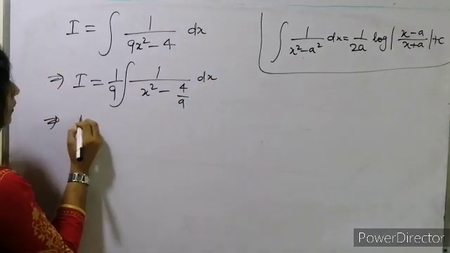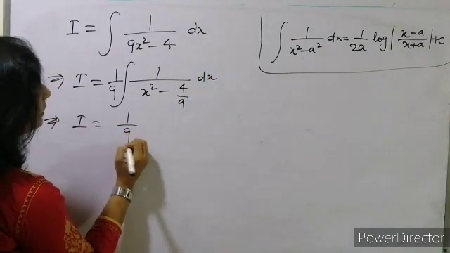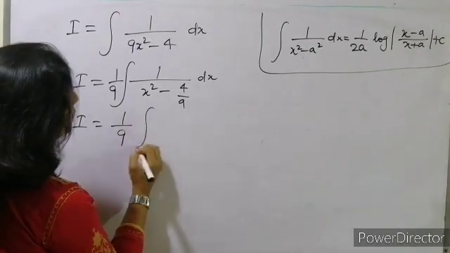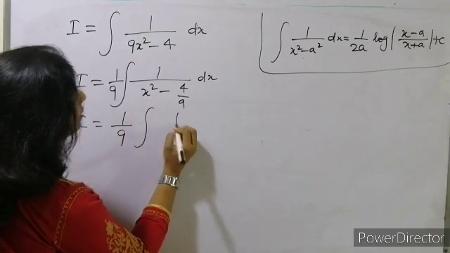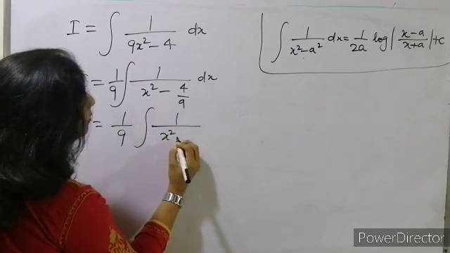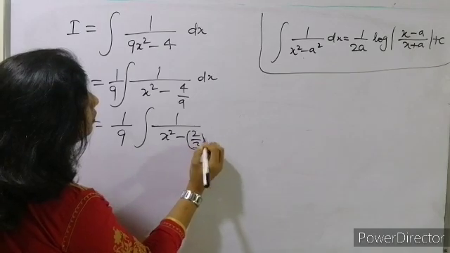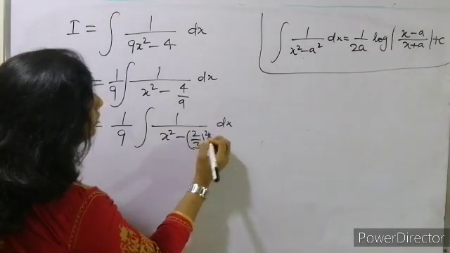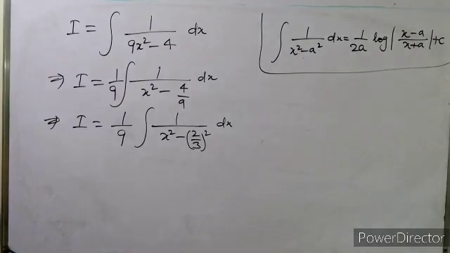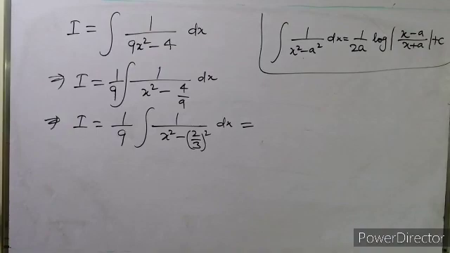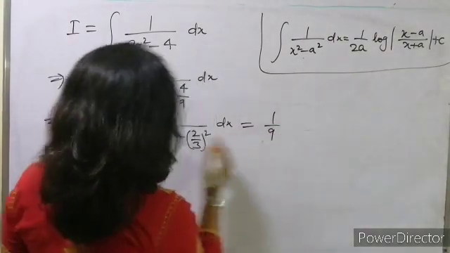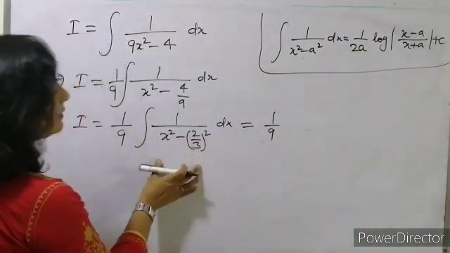Now I will be equal to 1 upon 9, and then we have to integrate 1 upon x square minus (2/3) whole square dx. So the value of a will be this. Now when we integrate this, what value will we get? 1 upon 2a. So 1/9 is already there, and for this integral we'll get